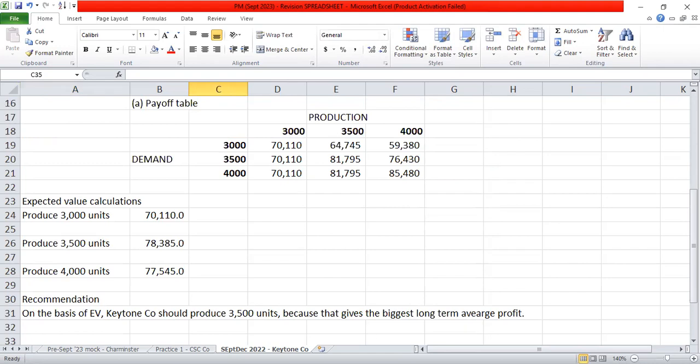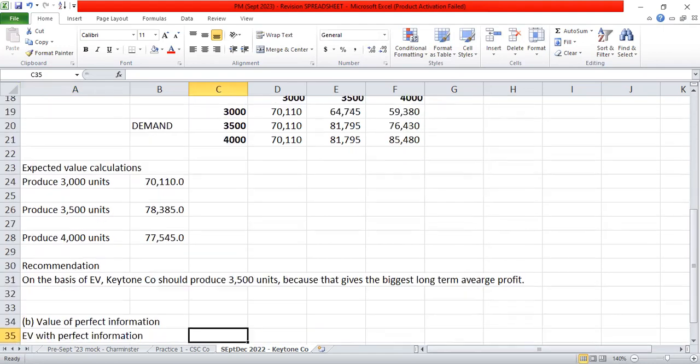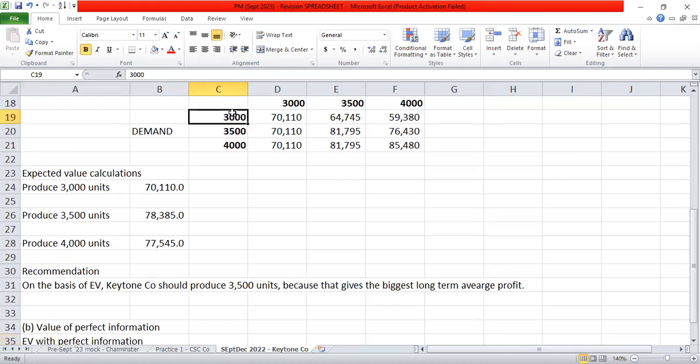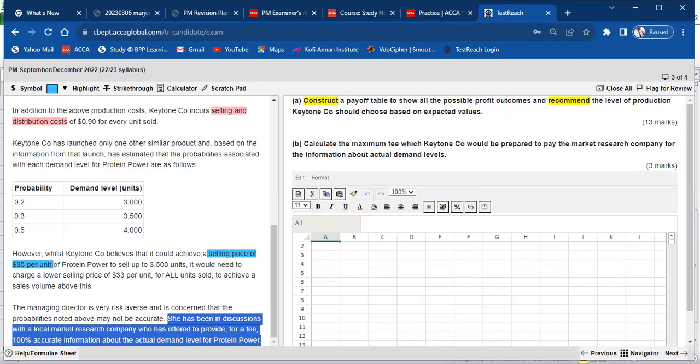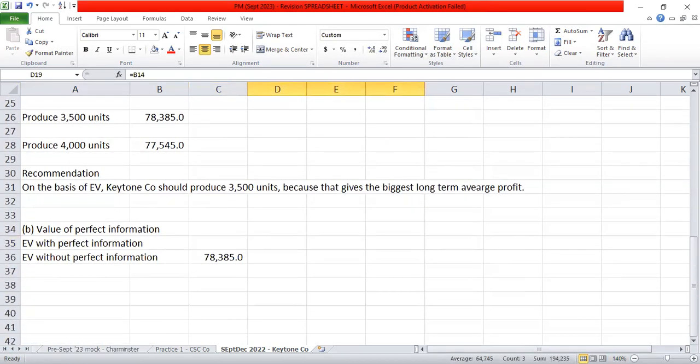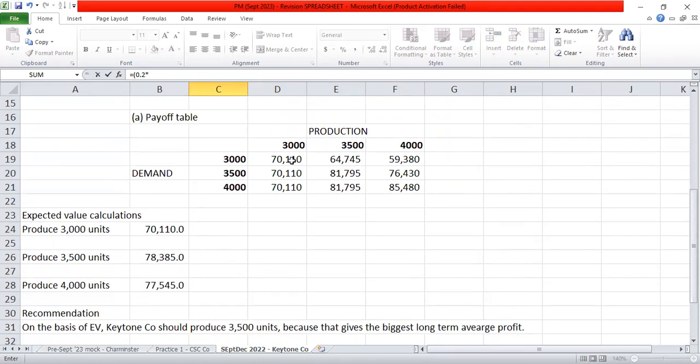If he assures us that demand will be 3,000, we will look along that line and select 70,110. So it means that we'll also produce 3,000 units. The probability of 3,000 units demand is 0.2. So 0.2 times the profit that will give us,